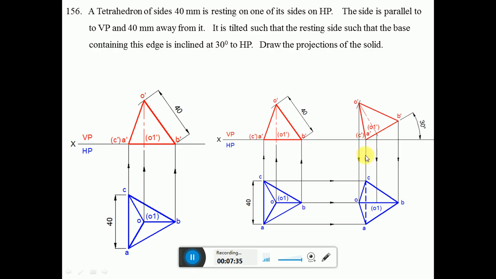Now similarly, draw vertical projectors from A dash and C dash, and draw a horizontal projector from A to intersect at A here, and from C to intersect at this point C. Then name them O, A, B, C and O1. Then join O to A, A to B, B to C and A to C with a thin continuous line. Then join OA, OB and OC to complete the second position top view without giving visibility and invisibility conditions. All these have to be done using continuous thin lines.